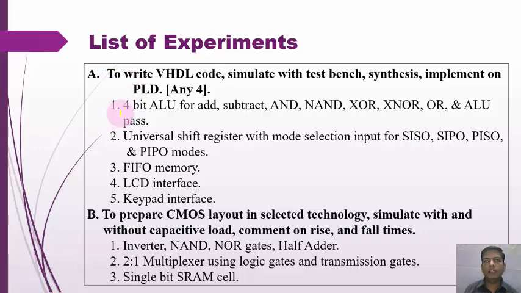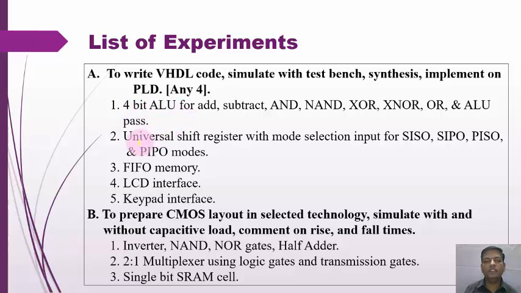First is the 4-bit ALU. In that, we have to perform different operations: add, subtract, NAND, XOR, XNOR, OR, and ALU pass. So these are the various arithmetic and logical operations for the first practical, the 4-bit arithmetic logic unit.